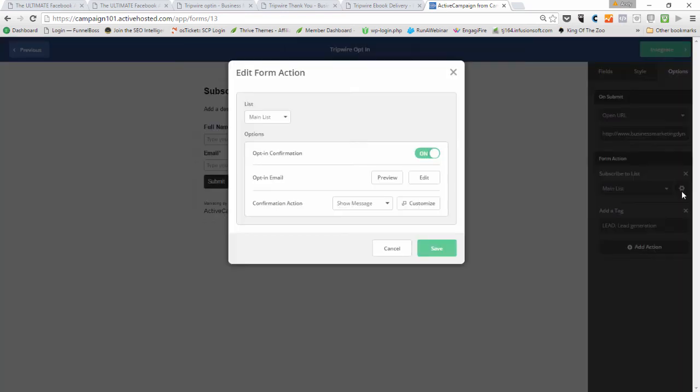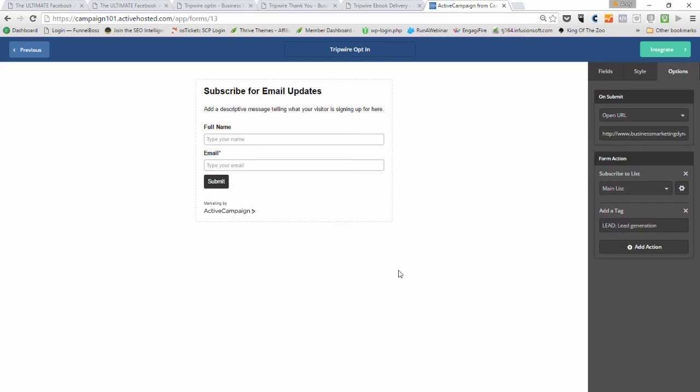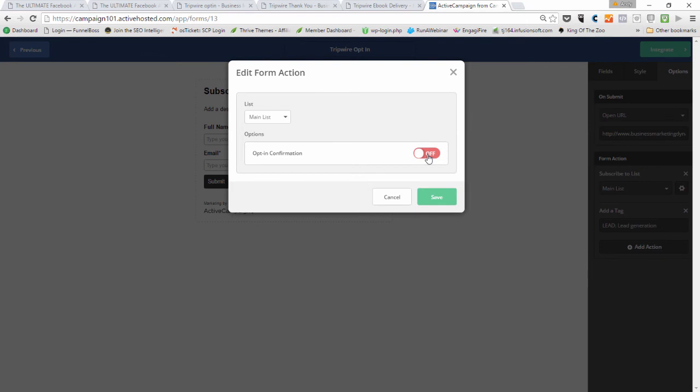Now at this point we have a couple of choices. We can do a standard double opt-in where we keep this on. Now normally we turn this off, and we can create the opt-in email here and then put a redirect, and that will be this delivery page will go into there. I don't want to do that. I'm going to do it a slightly different way. I'm going to do it where we actually create an email that goes out straight away on an automation, and that will be the email that they click the link in and go through to the delivery page, this Tripwire delivery page. So what I do need to do is to go through here, and I need to turn this off and save,